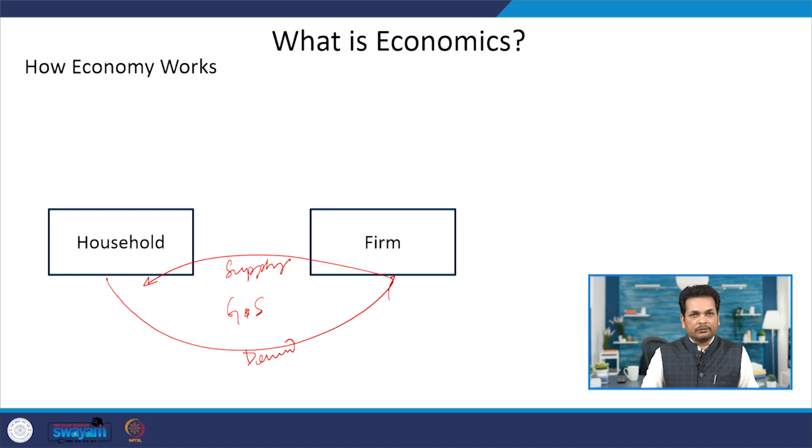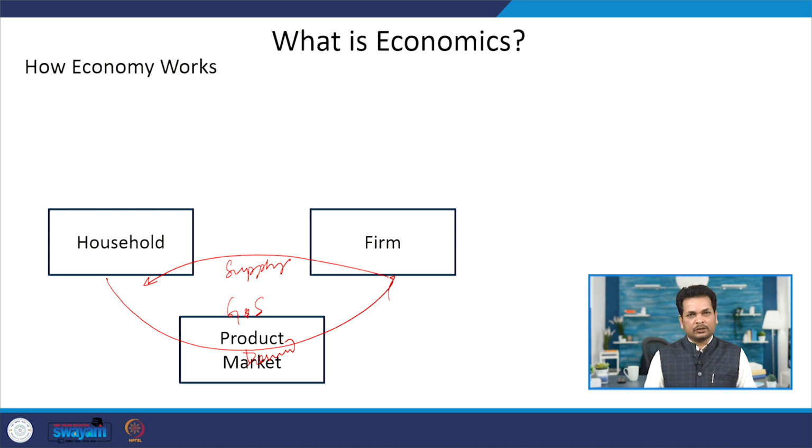So, in our day to day life, we need so many products, we demand so many products, and these goods have been supplied to us by the farmers or the producers. This interaction happens in a market called the product market, which we experience in our day to day life. We all take part in this product market, as and when we require any goods and services, we rush to the market and get the product, and the exchange happens in the form of price.